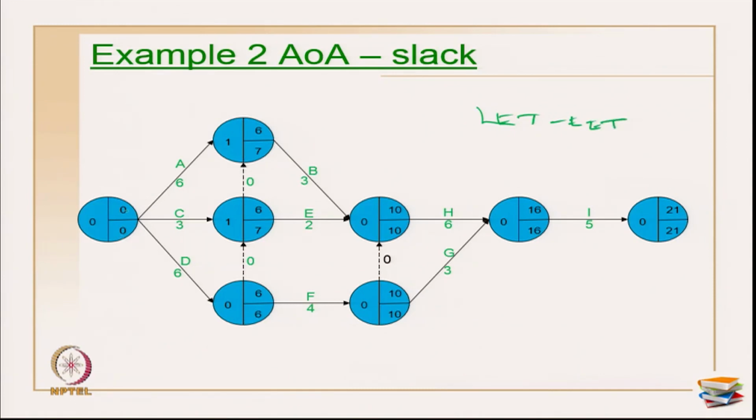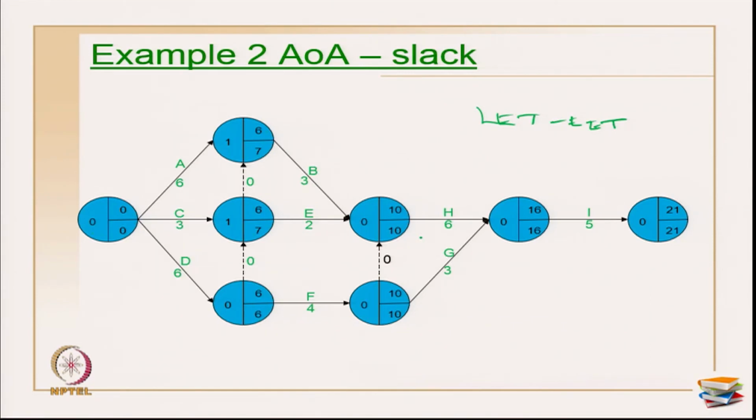Okay. So, 0 minus 0 is 0 here, 7 minus 6 is 1, 7 minus 6 is 1, 6 minus 6 is 0, 10 minus 10 is 0, 10 minus 10 is 0. So, you have to show this for all the events. Okay. Once you have done all these calculations, primarily the events which have 0 as a slack are all on